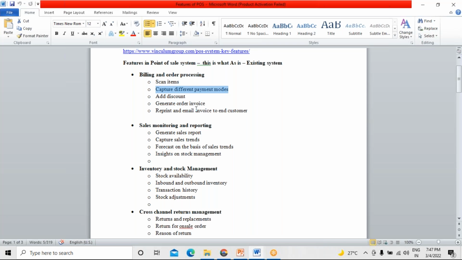5,000 rupees is the total amount. Now, you have to select what sort of payment mode the customer is using, right? Is he paying through card, or is he paying by cash or something? So for that, this is one functionality. Now, if there are any discounts available for the particular products, automatically it will be shown to you, right? 1+1 offer or 1+3. So for adding discount and all, there is one functionality which you have to write as a program. You need to generate the order invoice, and at the same time you have to reprint the email invoice, all that. So these are the functionalities which will be a part of the billing order process, right?